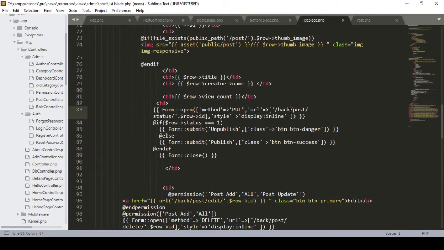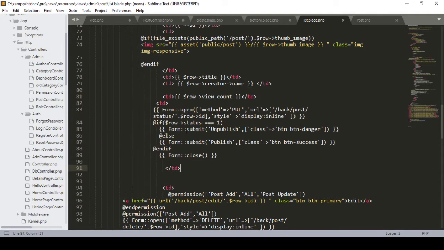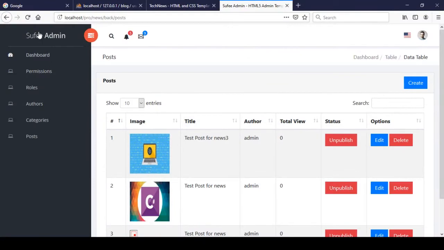Here I already assigned the post, so that will be the put method, with the row ID, and when it should be equal to 1, then I define the submit as unpublished or published. So here we don't need to do anything, it's now perfect in that position. So that's all you have to do. For now I just click on save all, and now if you refresh that page,